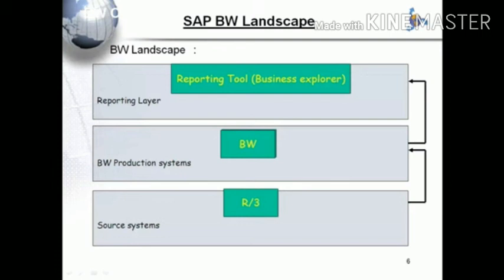Here, the business warehouse landscape. It has three layers. One is the source system, which tells what type of source and which sources we are utilizing. The second one is the business warehouse production system. It gives a brief analysis about what production and how much production is done. And the third one is the reporting layer. The reporting layer gives brief information to the business explorer to give a brief idea about the business warehouse